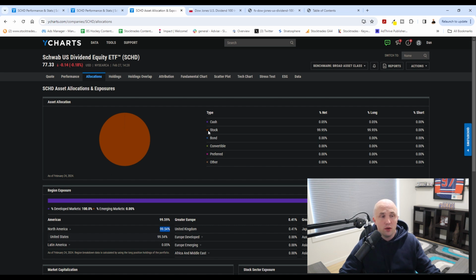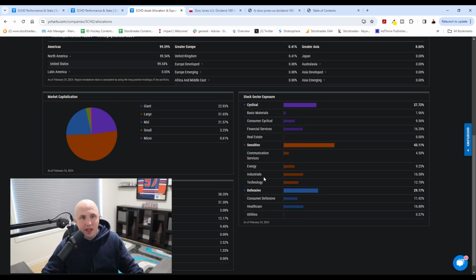So when we look to actual sector exposure, we can see that it has a pretty heavy weighting towards the financial sector, not absurd, but heavy, and also industrials. And there is a reason for this, and I'm going to get to it. Remember, stick around. I'm going to get to it when I show you how exactly a stock is picked for